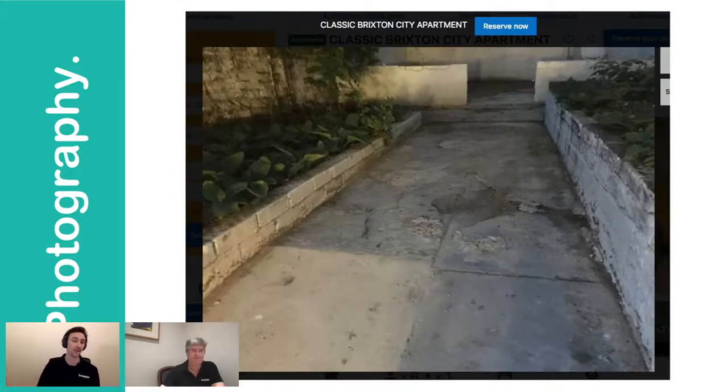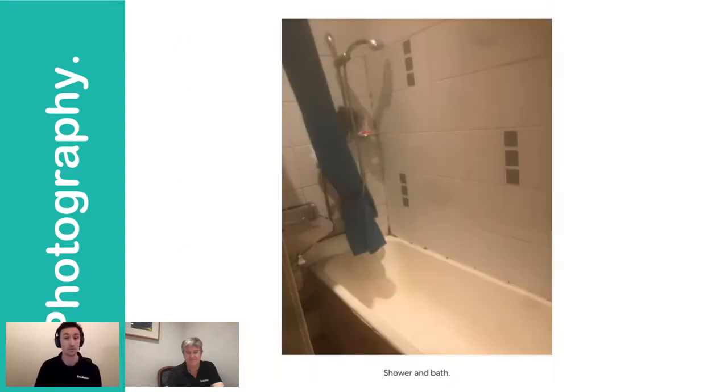One of my colleagues did about a 5-minute search and found some. These are real photos that people are using to promote their properties on OTAs and on their own websites, and it's unbelievable sometimes what you see. So it may seem silly, but emphasizing the importance of the photography is worthwhile,